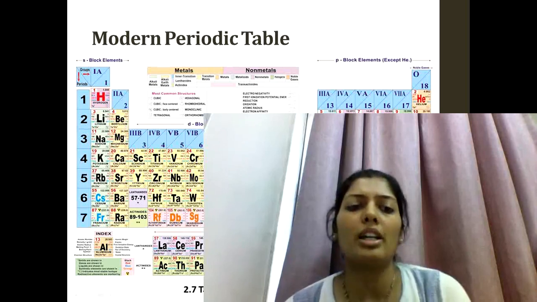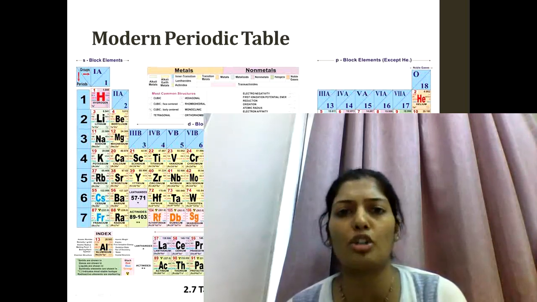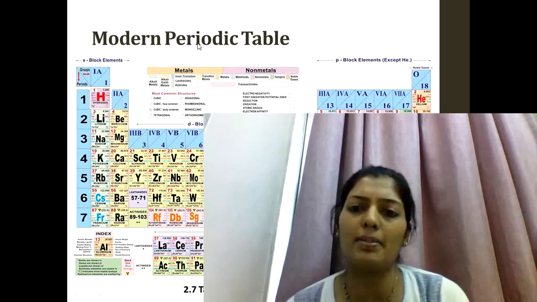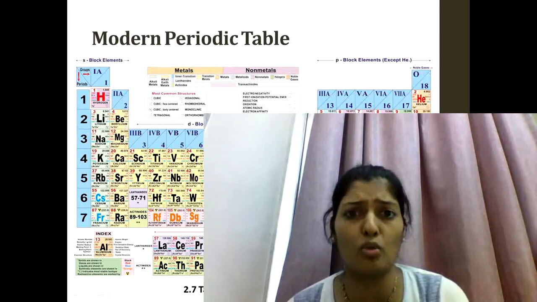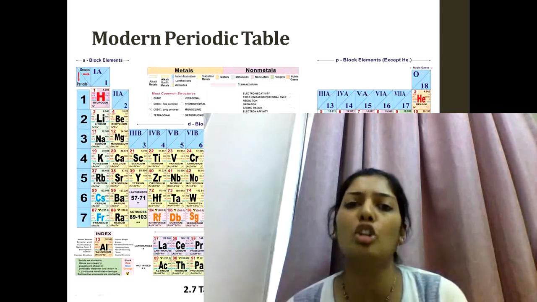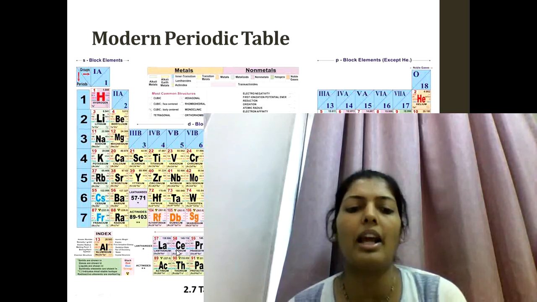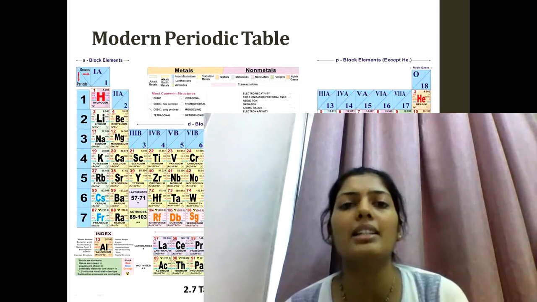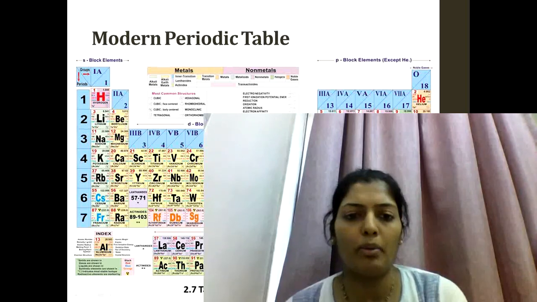Okay. So S block along with P block except 0 group elements, because 0 group elements have their octet or duplet state complete, so they cannot be included in normal elements. So S block and P block except 0 group elements are called as normal elements. D block elements are called as transition elements and F block elements are called as inner transition elements. Okay, so I hope you remember all this. Okay, now one point that